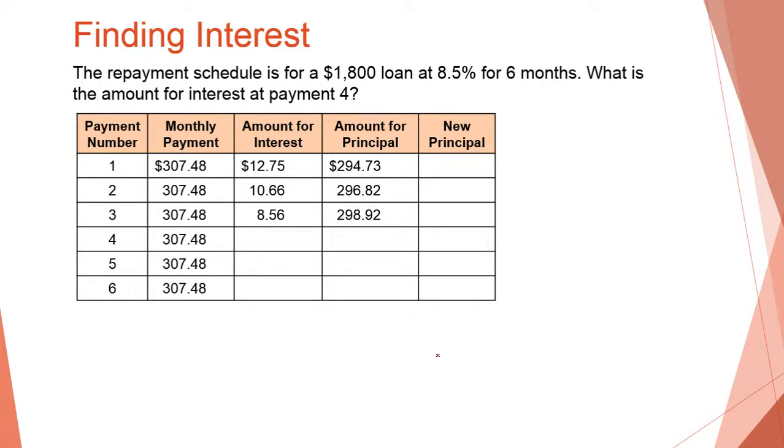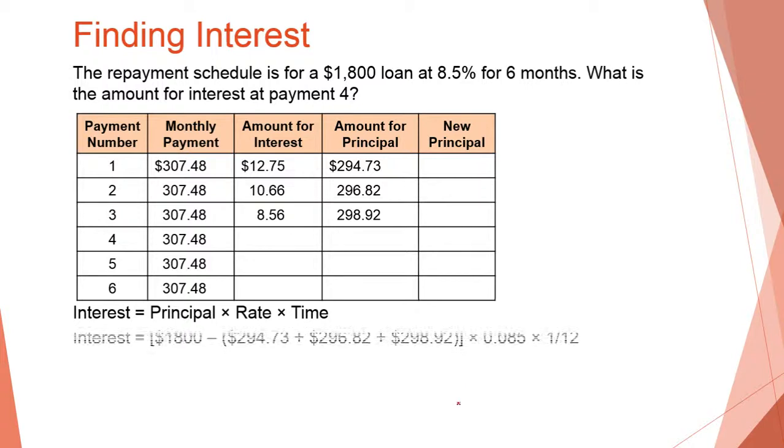So here's an example. Finding interest. The repayment schedule is for a $1,800 loan at 8.5% for 6 months. What is the amount for interest at payment 4? We're going to use the formula we've been using, which is interest equals principal times rate times time. Plug in everything we know. So remember, the principal